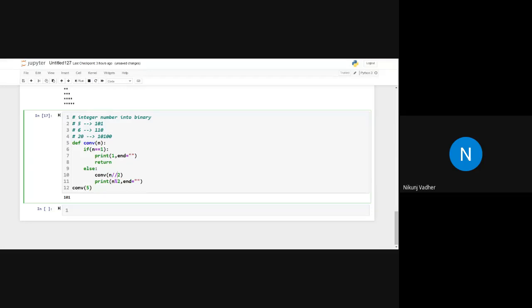Are we decrementing it? No, we are not decrementing it, we are dividing it.